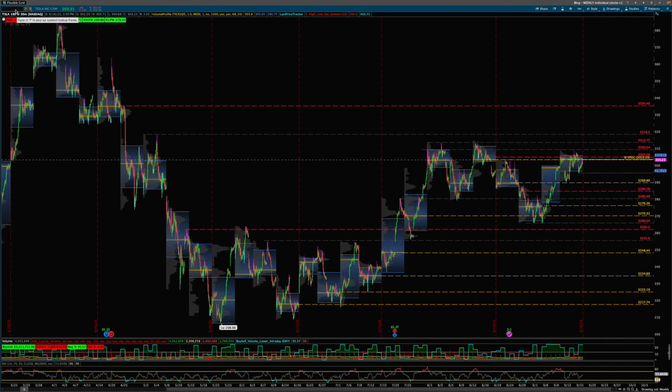I post this every week on my Twitter. In the Discord, I'm active. I go over the ES levels every night. I have a daily blog, which is part of the focus group, where I give you guys these levels and charts every single night. And that way you can have a game plan to go into the next day trading. You chart out the levels, you do some of the homework yourself. I'm not going to spoon feed you